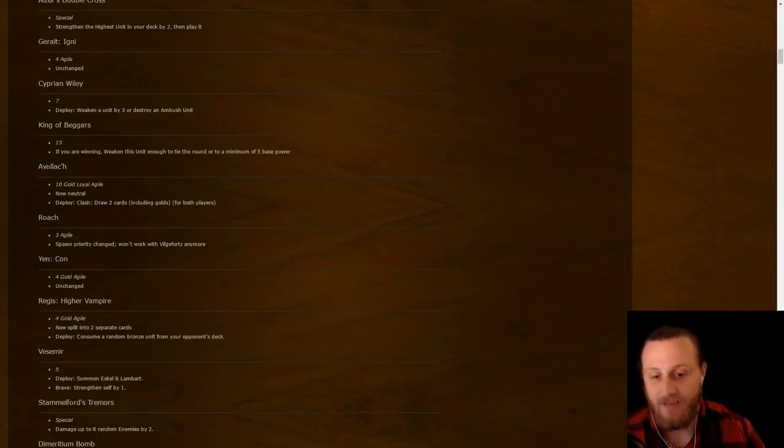Okay, Avalak, next card. 10 strength, gold, loyal, and agile. So, Avalak's totally changed. He's loyal now, which is pretty unique. He's 10 strength, which is unique. Avalak used to be a monsters only card, by the way, and he was a spy, so he was disloyal. Now,